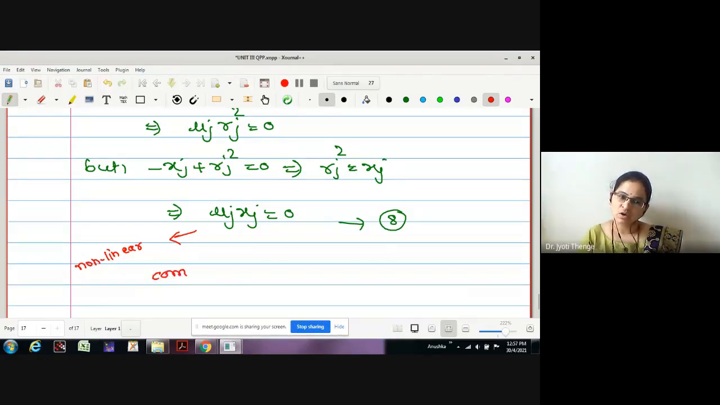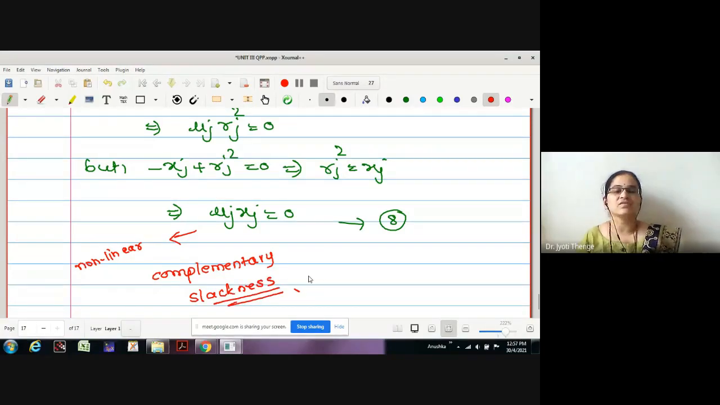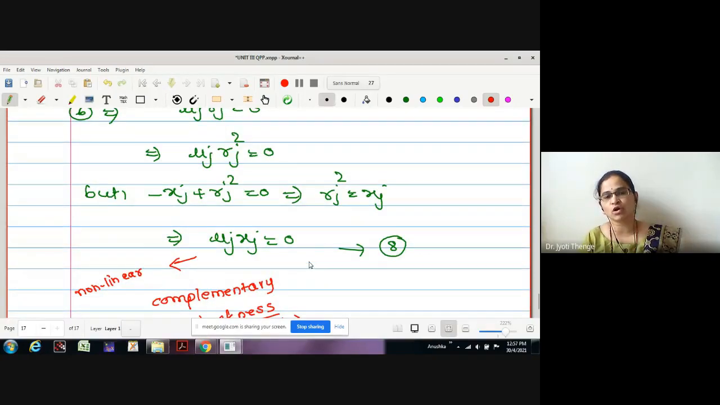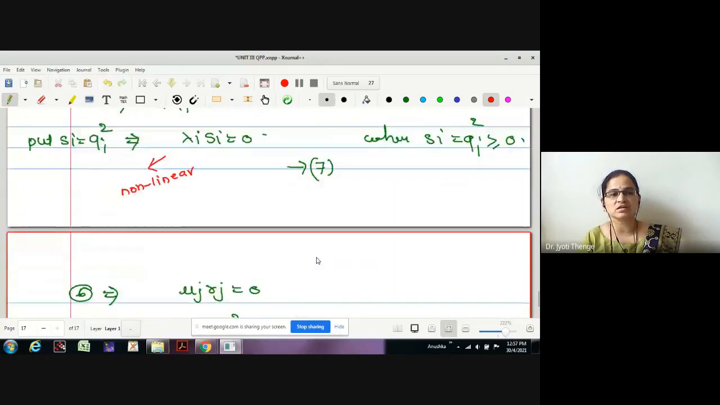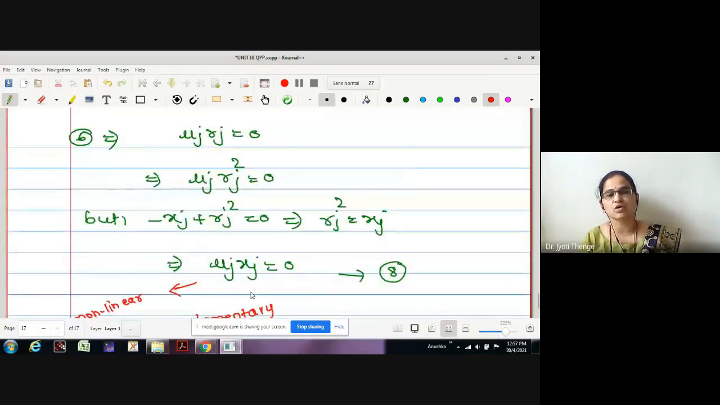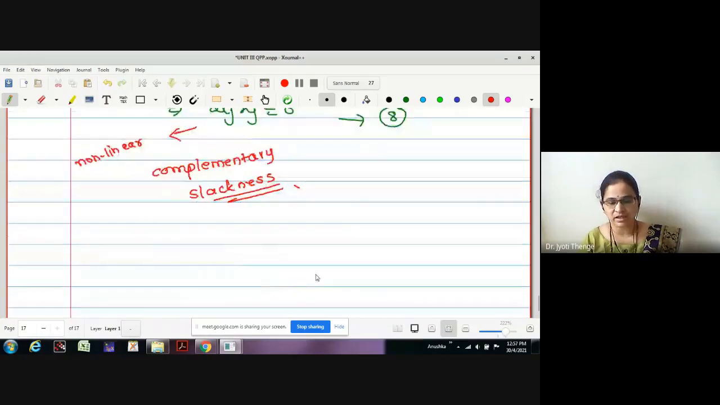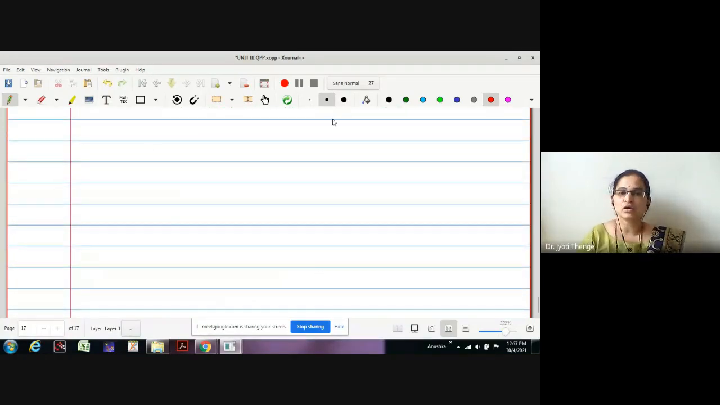These are called complementary slackness conditions because these are the conditions we have obtained with the help of partial derivatives of the slack variables, and which are going to help us in the solution of the quadratic programming problem. These two conditions, 7 and 8, which are resultant from 5 and 6, are called complementary slackness conditions. Therefore, let me write the Kuhn Tucker conditions again. Thus, the Kuhn Tucker conditions obtained are